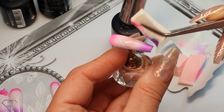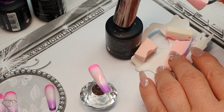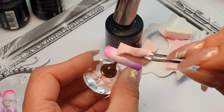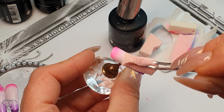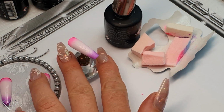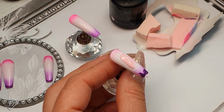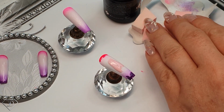Up and down. And just because my sponge is pretty short, I'm going to use the help of another sponge, which only has the middle color, and just smooth this out. Get it nice. And then do it exactly the same on the other tip. These two colors are very pigmented, and as you can see, I'm using just a very little of it